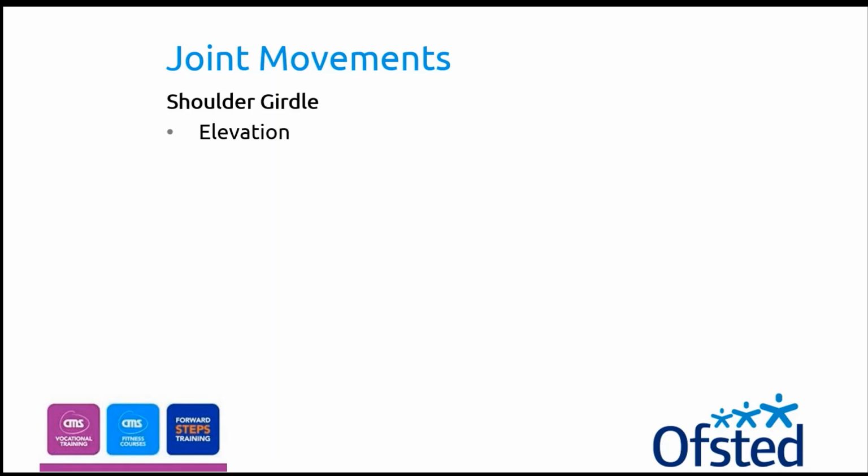So if you shrug up, you're elevating. You know, you're lifting up your shoulder girdle. That's elevation. If you let them down, that would be depression. If you pull them forward to try and round your back off, that would be protraction. So pull for protraction. And if you pull them backwards, or imagine you're reversing, you're pulling them back, that would